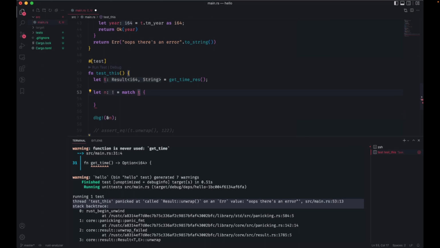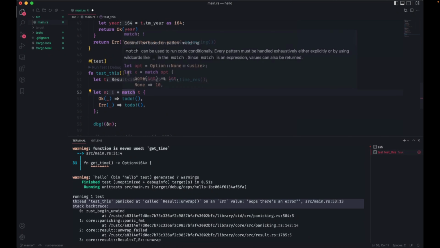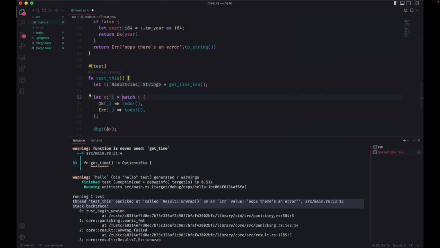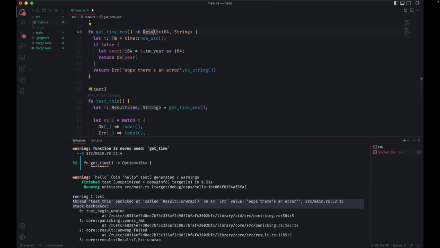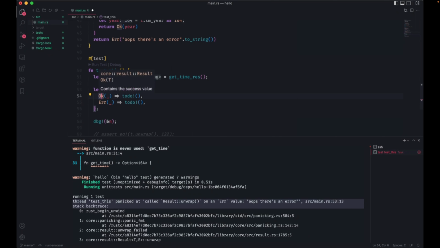And sorry, I use VS Code to fill this out for me because I'm lazy. So fill match arms. I need to put a semicolon at the end. So now I'm assigning n based on the two cases, the two variants that a result type can be. And a result type can be of variant Ok or a variant Err.